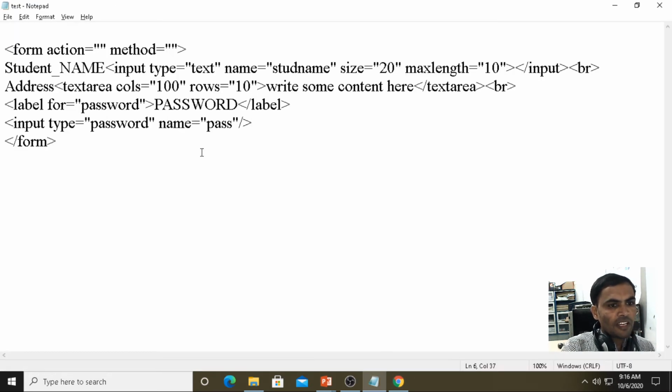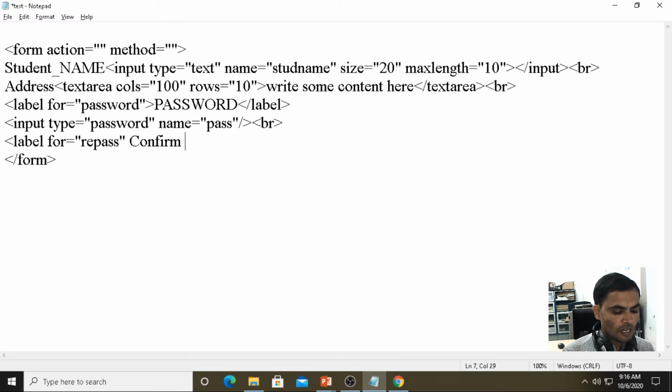Then if you are having repassword, then label for repass, or confirm password. Then closing the label.